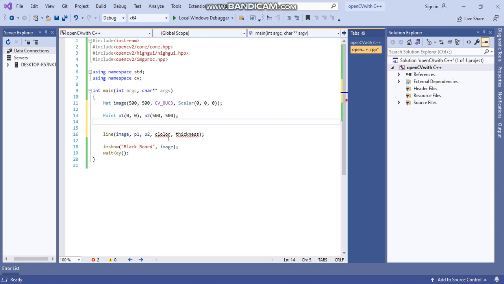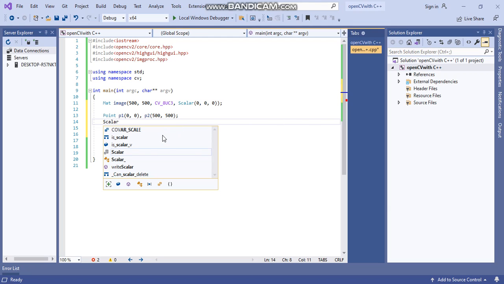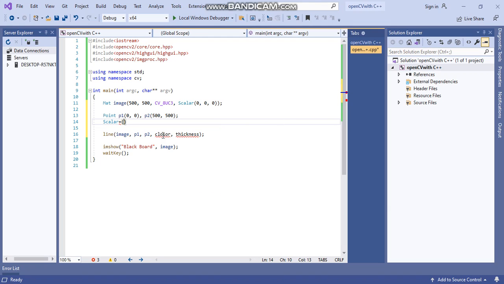Now only red color is showing for color and thickness. So color type is a Scalar, so write Scalar color equals, and here you can say 255 for blue color, 255, and then semicolon. You can see this color, a Scalar here, write color.